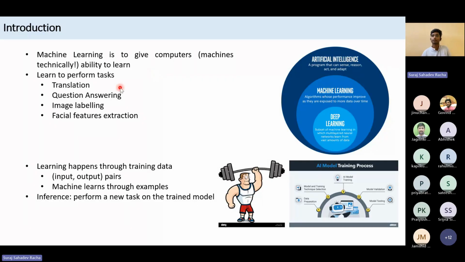Some of the tasks can be translation and question answering. We all use ChatGPT for question answering. Labeling images is something very, very important in the healthcare domain. Then facial feature extraction, like with CCTV cameras, and our phones use so much of it. And of course, CFD is one great part of the applications of machine learning. Now,